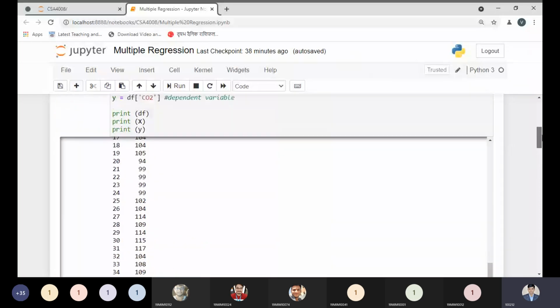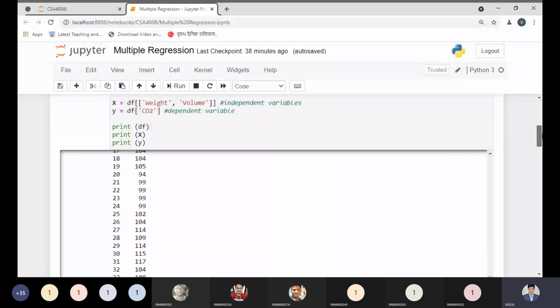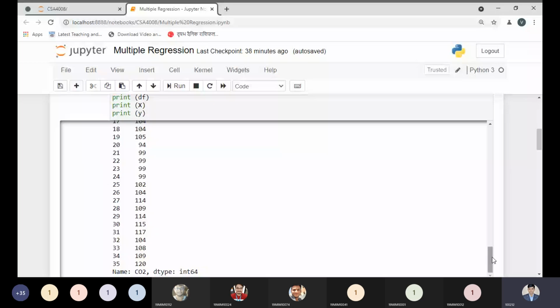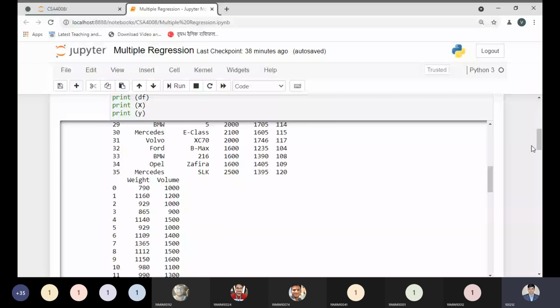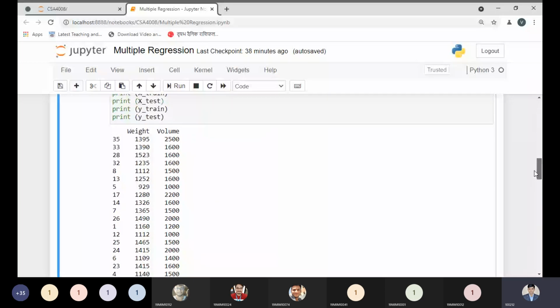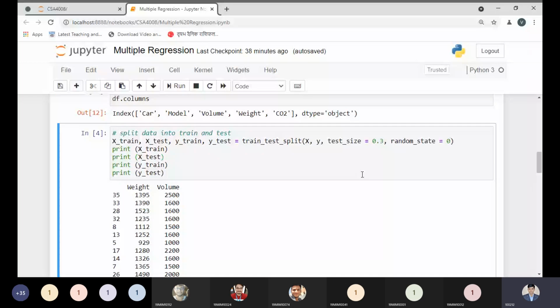So first let me know the total number of rows contained in our data set. I'm just explaining over here. We have 35. After seeing this, I need to split the data set into different parts. So now I'm asking the students, tell me what should be the size of the testing data set. According to your demand, I will use a specific data set. Total number of data is 35, that is n we can say. Now tell me what percentage I should use for the testing purpose. Tell me what would be the size of the test. Yes, please tell me. According to you, I will solve this question.